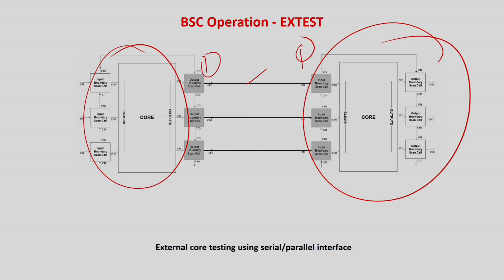You can also give something like 0, 1, 0, 1, alternate values, so that if they have an interference, both can be pulled; there can be a bridging fault between these two nets. So there are a lot of ways of testing the interconnects, but the basic idea is that you send a 0, receive a 0, send a 1, receive a 1. Only that has to be verified.